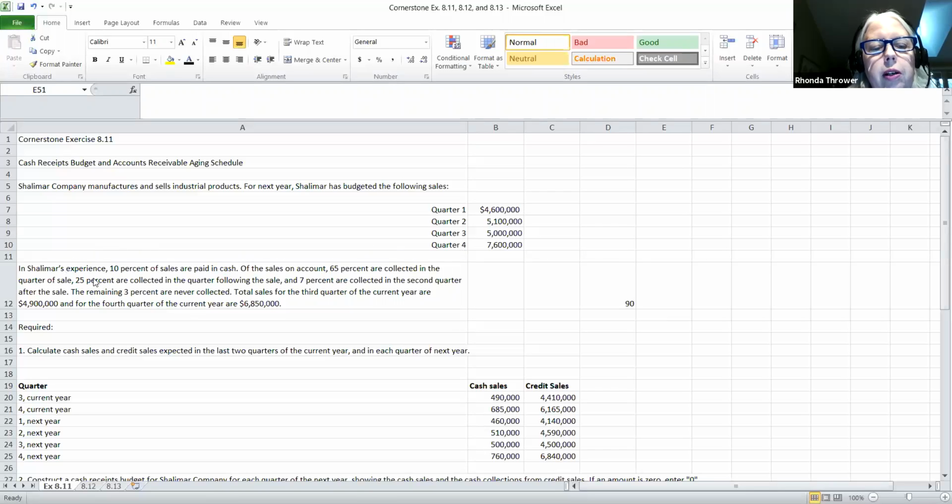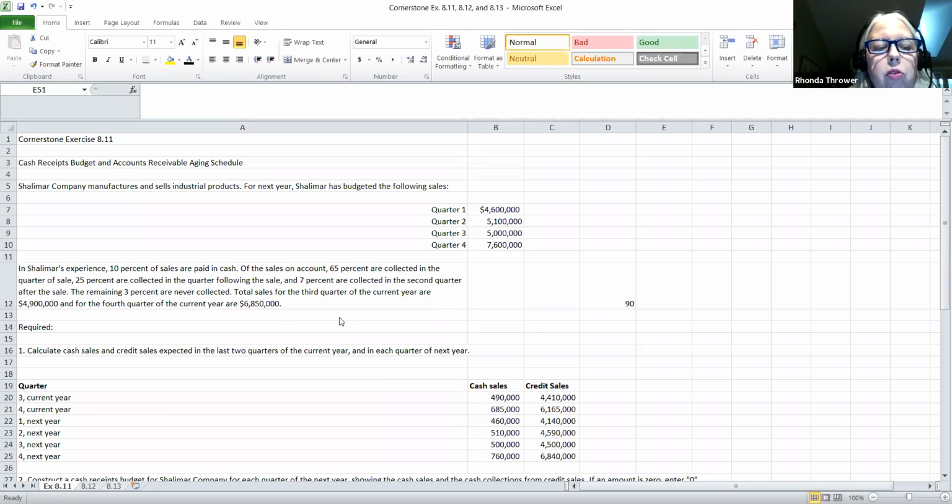In Shalimar's experience, 10% of the sales are paid in cash. Of the sales on account, 65% are collected in the quarter of the sale. 25% are collected in the quarter following the sale, and 7% are collected in the second quarter after the sale. The remaining 3% are never collected. Total sales for the third quarter of the current year are $4,900,000, and for the fourth quarter of the current year are